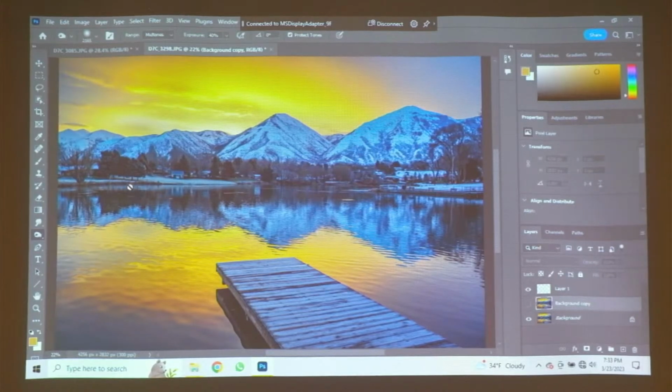So, any questions? That's all I want to talk about with Photoshop. That's all the time I have. We could spend all night on it, but Kevin, you know, we need to just,